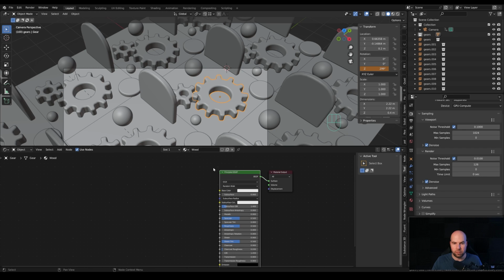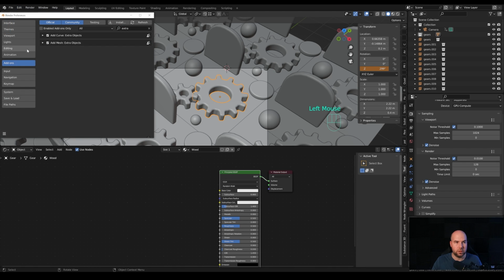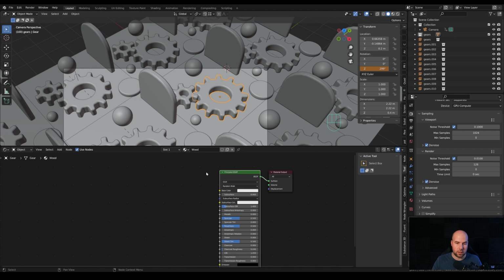So let's go back to Blender, and for this to work you will need another add-on, and that's another one I'm using constantly. So go into the preferences and search for Node Wrangler, and just check the box, and then you can use some of these shortcuts in the node editor. So I will select the shader here, make sure it's highlighted like this, and let's hold Ctrl, Shift and T.